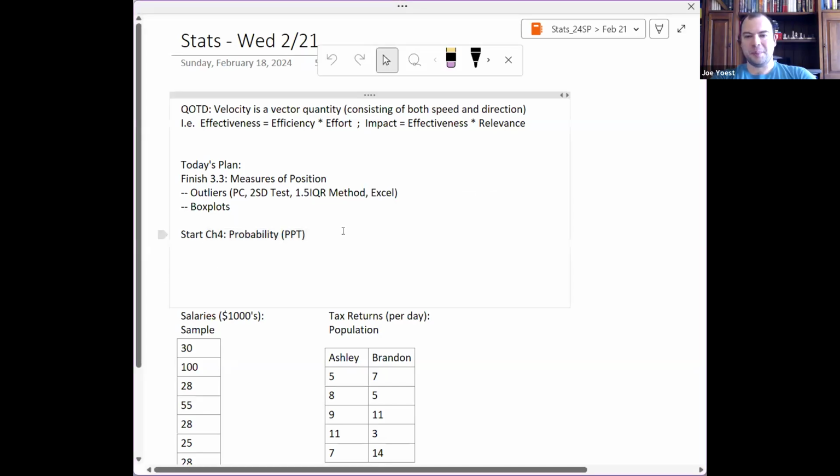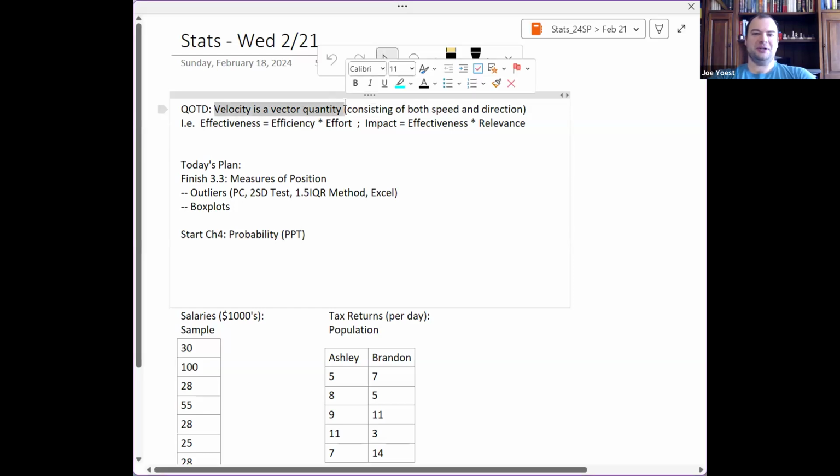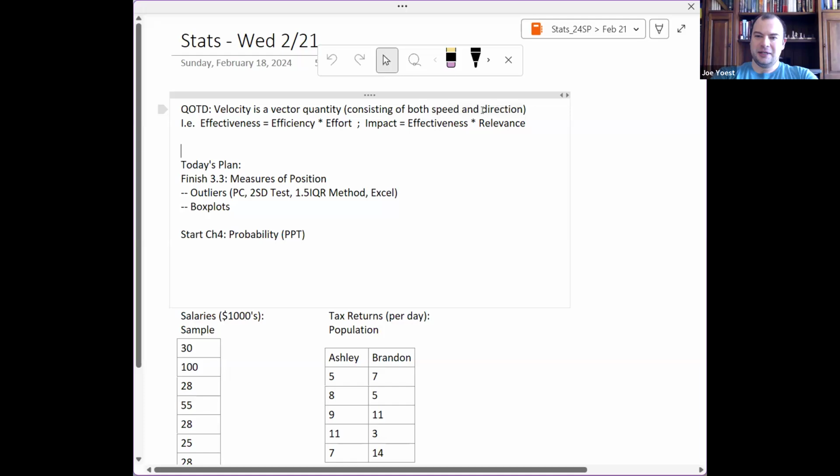for chapter 4. And the quote of the day is actually from one of my wife's colleagues when she was working for a year in St. Louis, who would say velocity is a vector quantity. What she meant by that is it consists of both speed and direction. If you are working really, really hard, but you don't have a good direction, then you're kind of spinning your wheels and you're probably not getting a lot accomplished. But if you spend too much time pointing yourself in exactly the right direction,